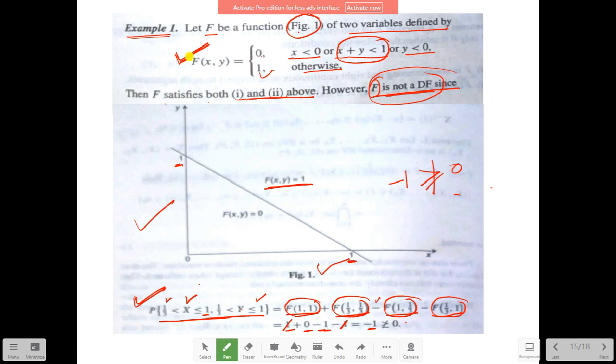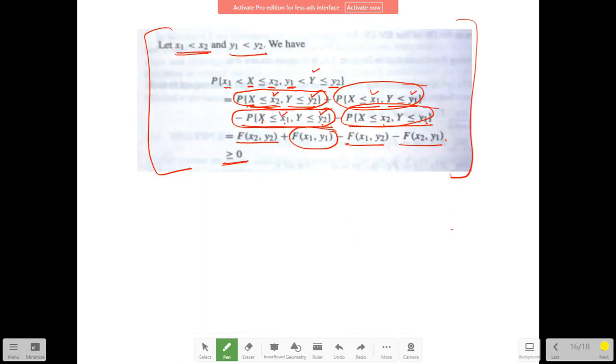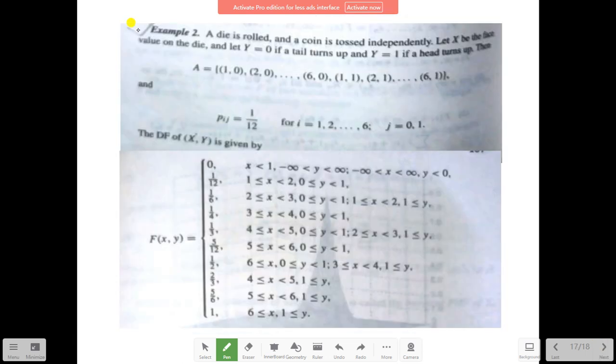Now the other question based on the distribution function is here: a die is rolled and a coin is tossed independently. Let x be the value on the die, and capital Y is equal to 0 if a tail turns up, and capital Y is equal to 1 if head turns up. Then